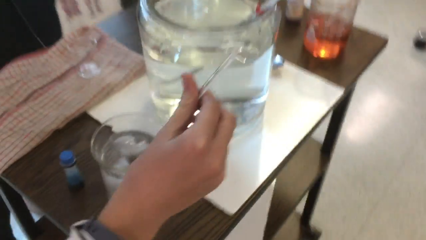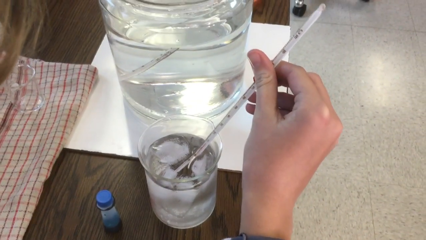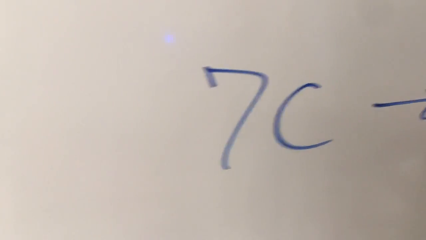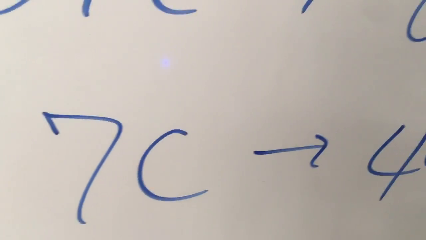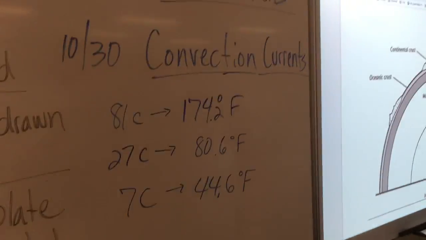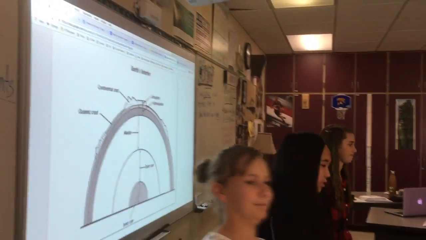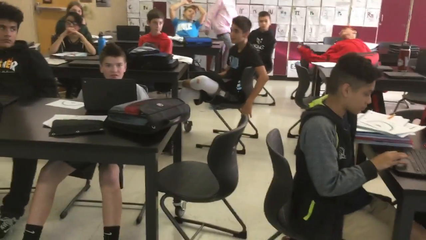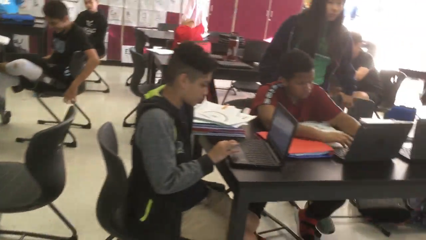Victoria, what's the cold one? 7 degrees Celsius, which is 44.6 degrees Fahrenheit. So you guys can see our temperature range, right? Ladies, thank you very much. Have a seat. All right, so now what we're going to do is